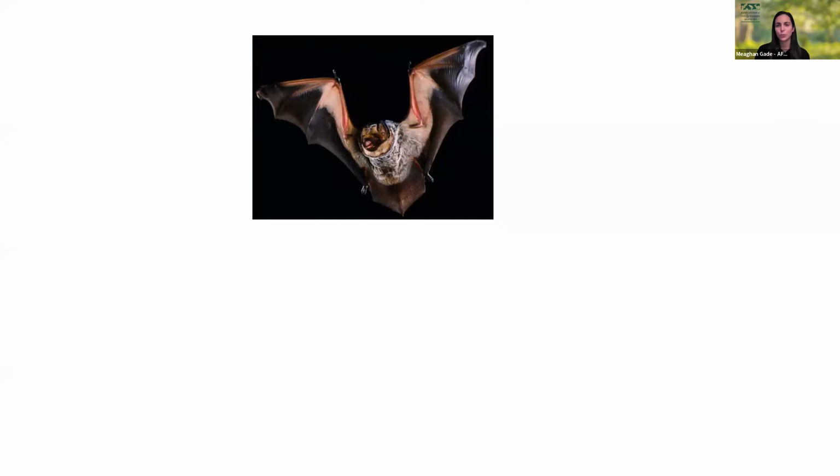We all know that bats are super important. They're pollinators, they disperse seeds, they serve as pest control. They promote a lot of ecotourism. Think of Congress Avenue Bridge in Austin, Texas. Millions of people come to see these bats. And we even use them for our own scientific advancement. So the military studies how echolocation works to try to improve our military capacity.